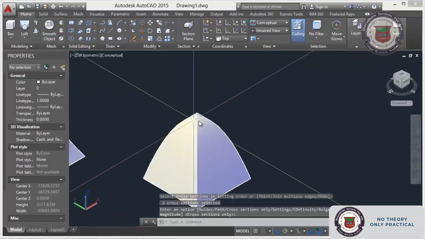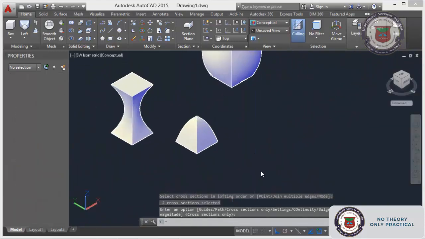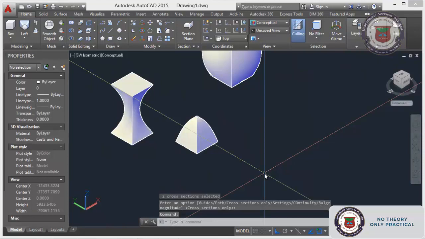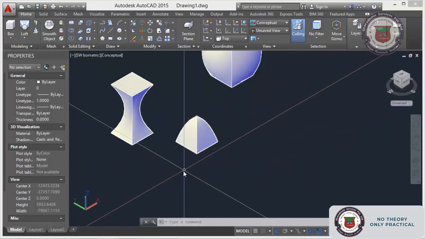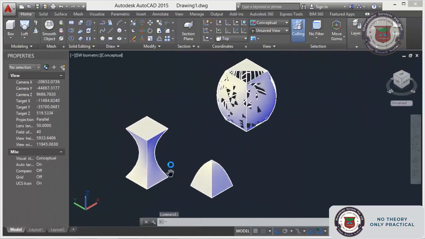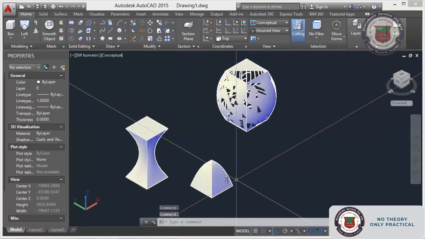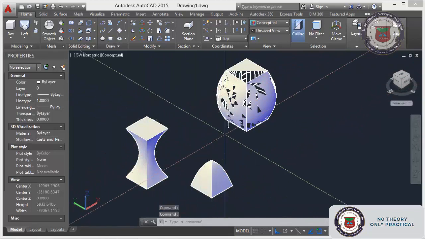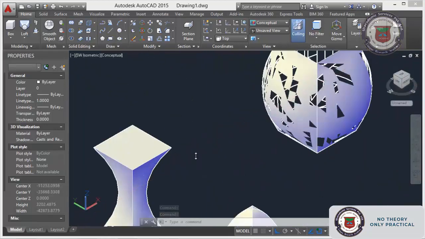This is loft, this is point. For point loft, there is an option called point in the loft. For that one, first you need to select the point up to which you need to extrude your cross section. That is the option available in the loft. Okay, now you have seen the loft. Next is multiple edges. How it will work, that we will see.